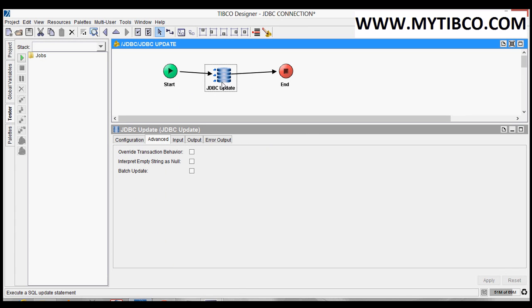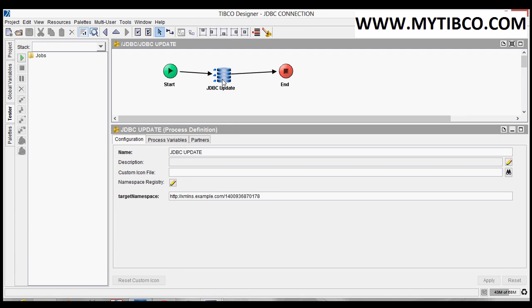That means we group all the JDBC activities into a single group and select the transaction type as JDBC so that all activities can be committed or rolled back. If you want this JDBC update to be committed irrespective of transaction commit or rollback, we have to select this option. If we select this option, irrespective of transaction commit or failure, this update will be committed. It overrides the transaction behavior.